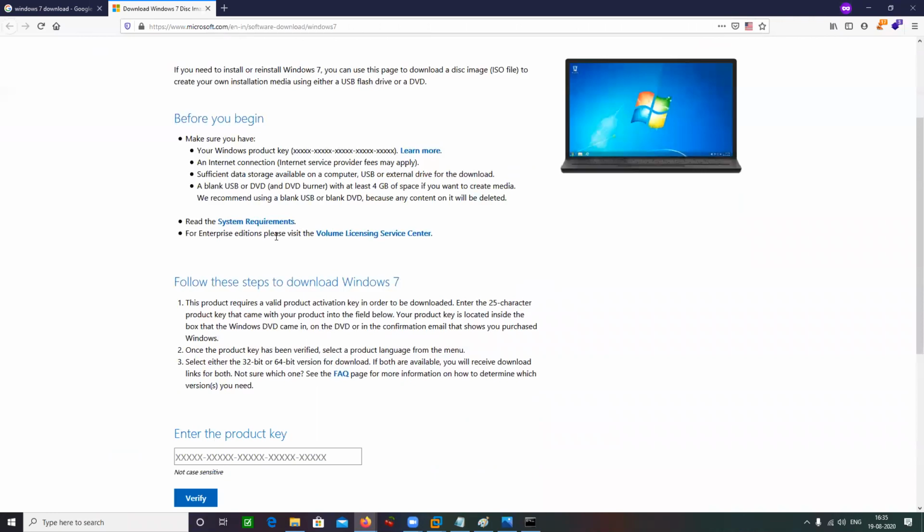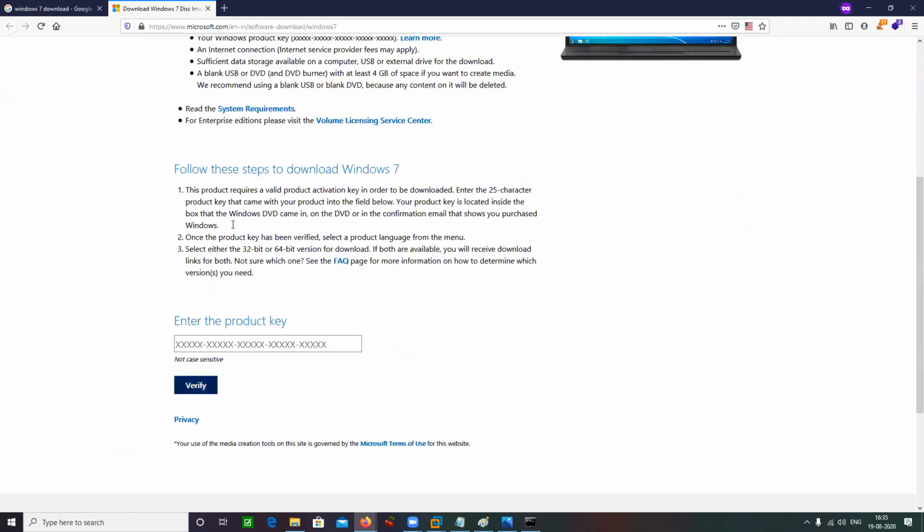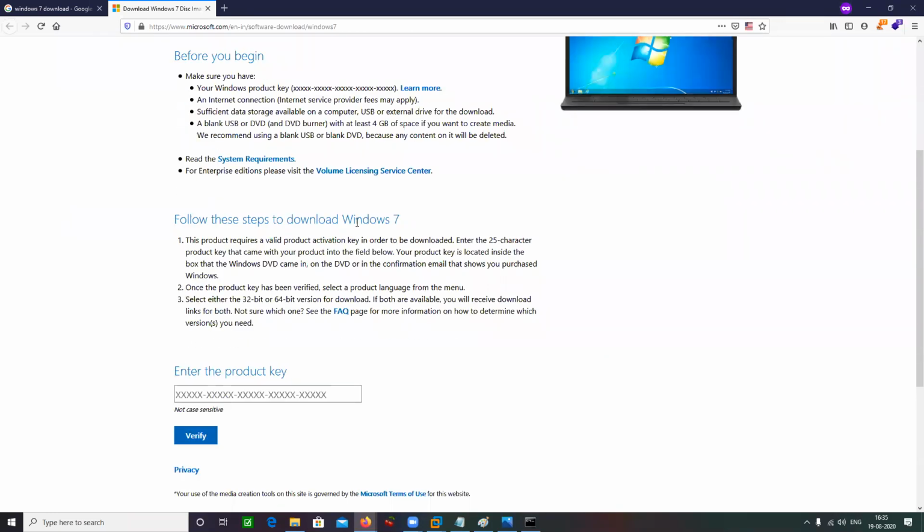Okay, so you can download it from here. It says follow these steps to download. You need to have an activation key. And let me see if I have shared the activation key in the Telegram group. I believe probably I shared the activation keys of Windows 7, XP, Windows 8 in my Telegram group. If it is not there, you can let me know. I'll share the keys with you.